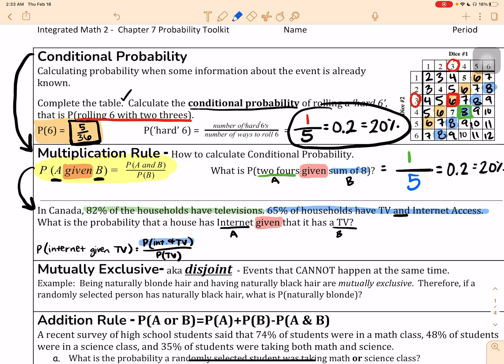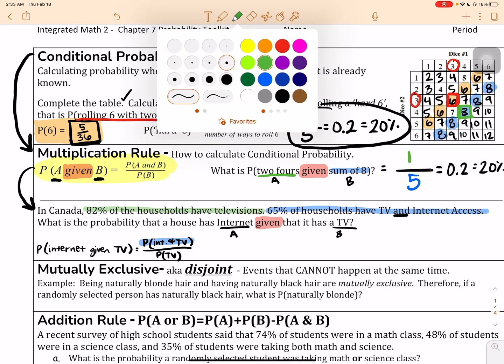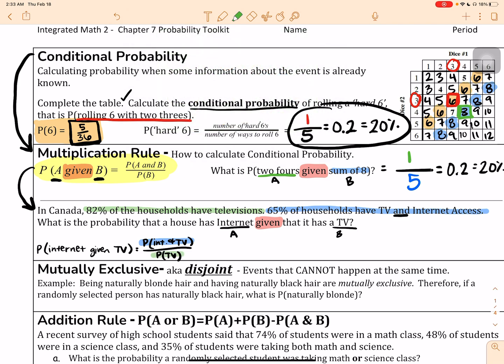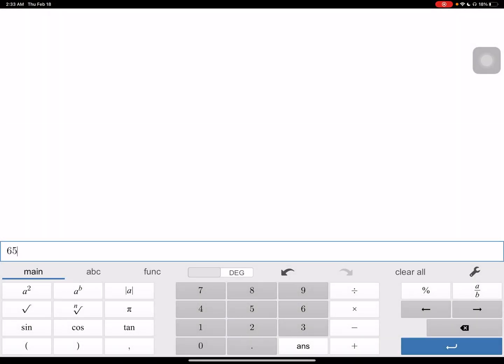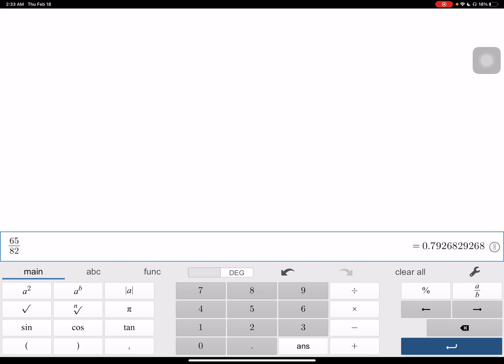So that's the blue portion. 82% of households have televisions. So this is just the probability of having a television. So we can just set this up as 65 over 82. We need to divide that, okay? So if I do 65 divided by 82,